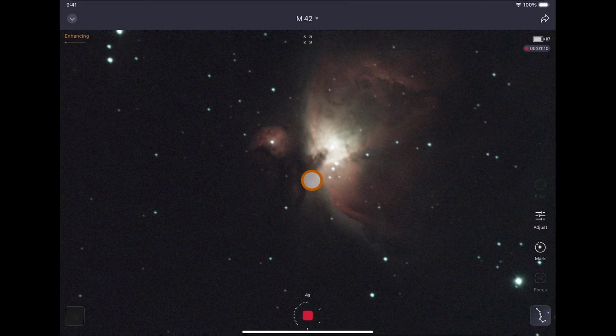Now, I had a friend come over, and they wanted to see the telescope. They were so excited. This was about a month ago. And he was like, hey, I want to get some images myself. Can I, on my own phone, like, what do I do? Can I get that too? So I had him download the Seestar app. He did not even create an account. He just downloaded the app on his phone, and